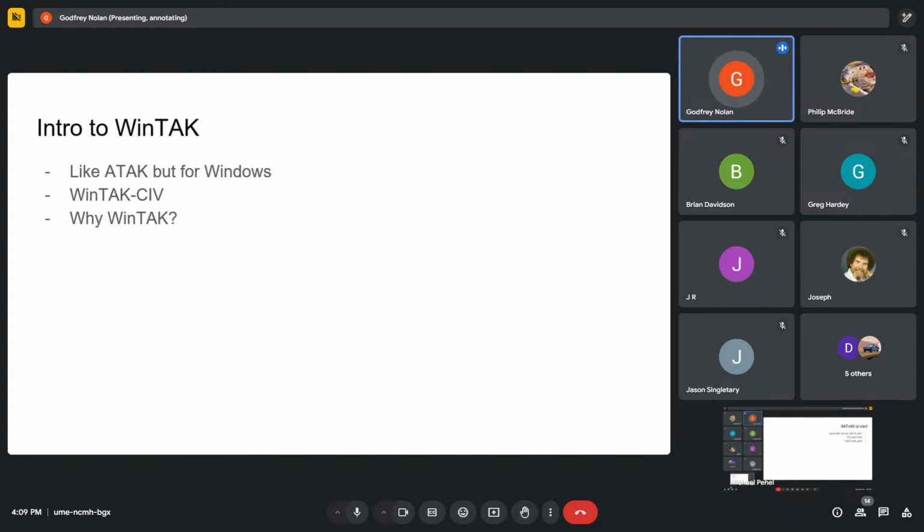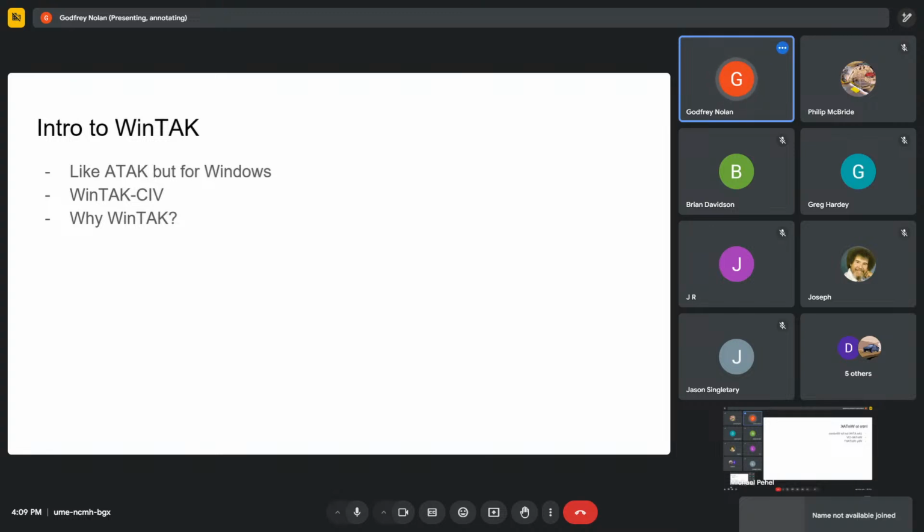So because of the security restrictions, I'm kind of thinking that plugins don't really work as well with iOS as they do on the Android and the Windows platform. But Windows is a great alternative. WinTAK can be used on more powerful systems than ATAK, so you can have,